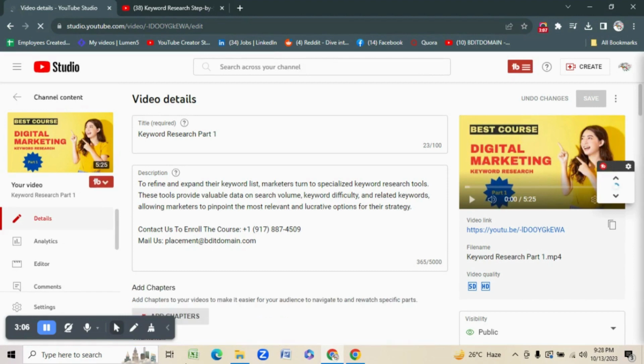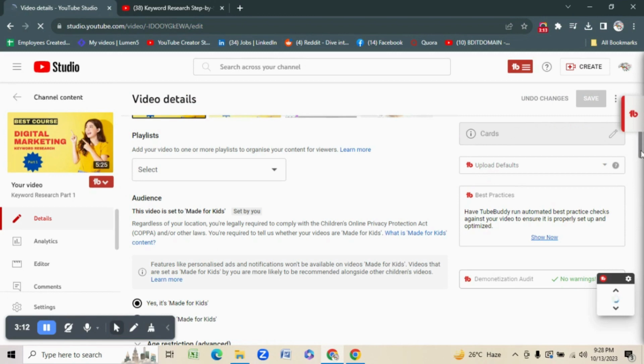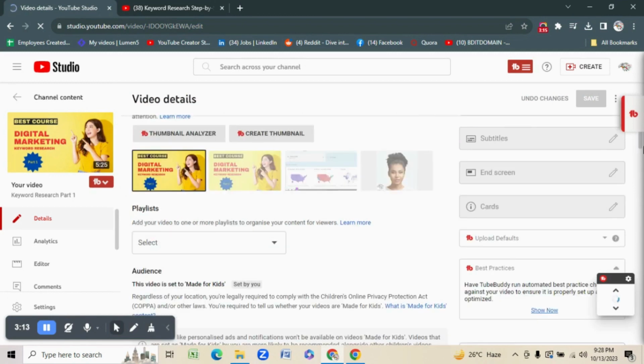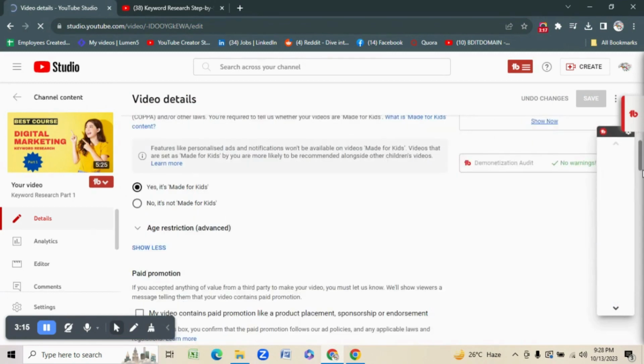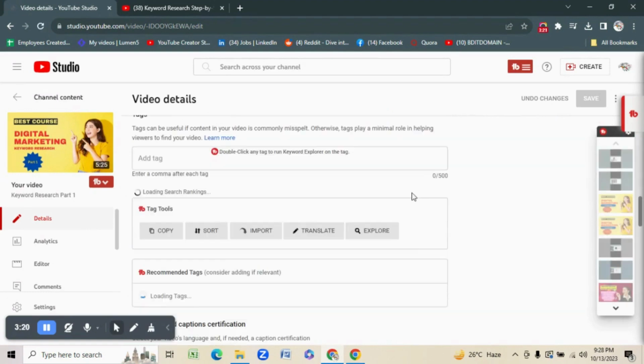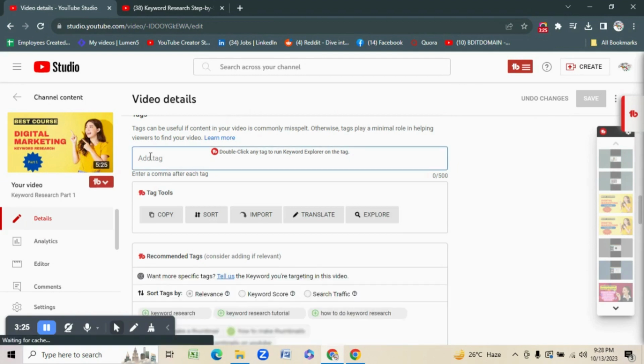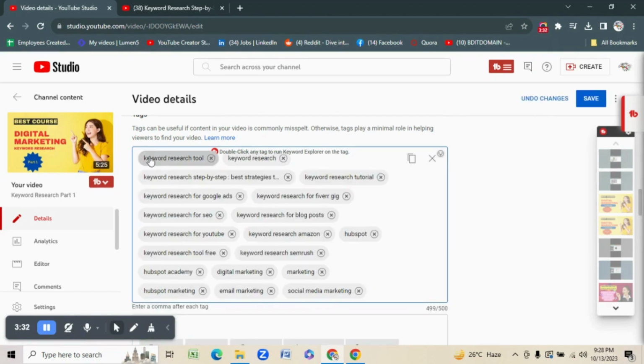And now I will scroll down. We all know the procedures, right? Scroll down and go to that add tags section, this one. So here, and I am pasting it over there,